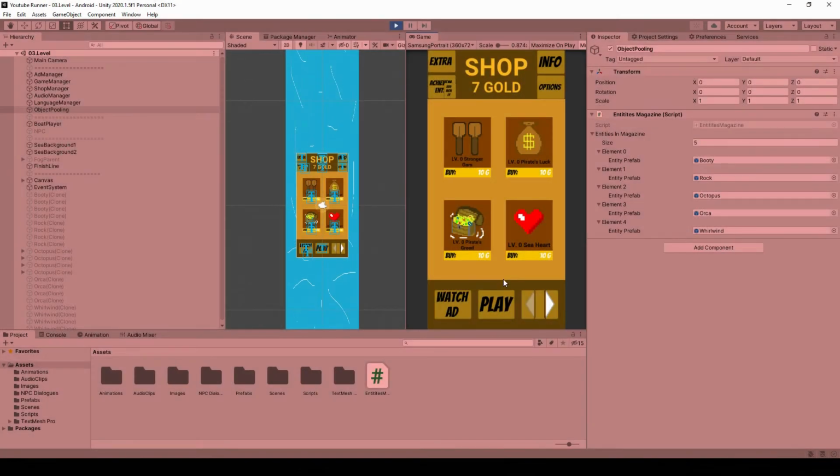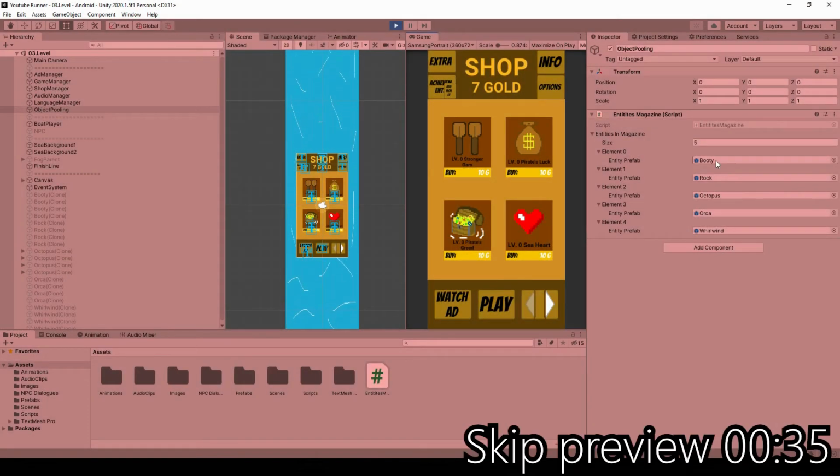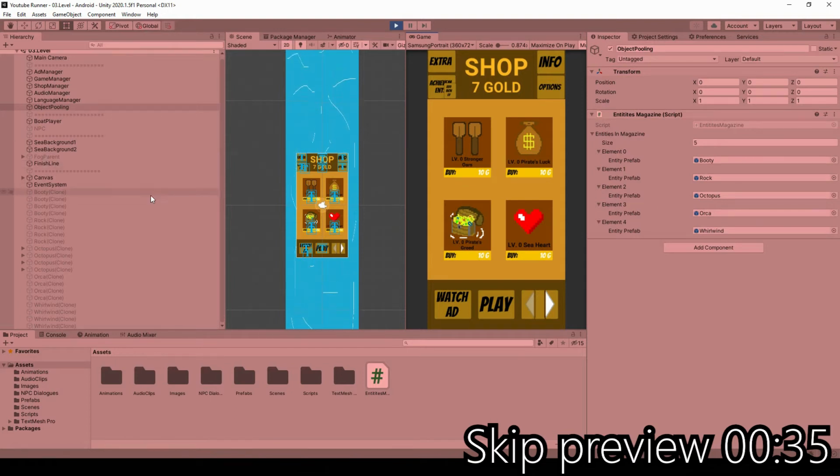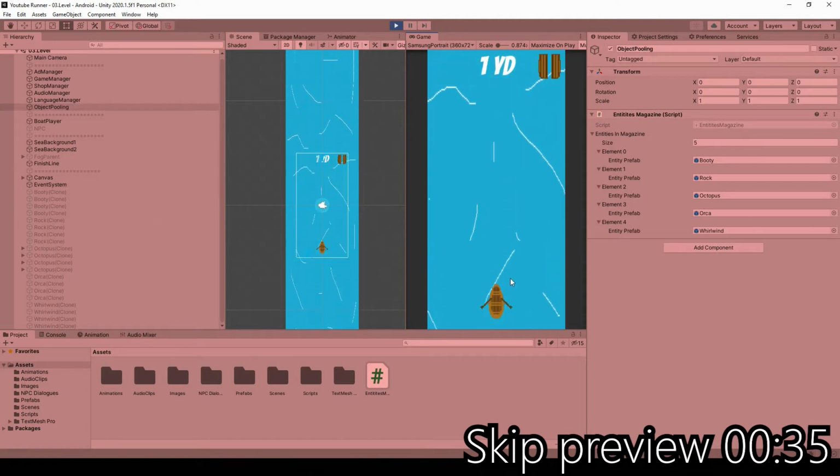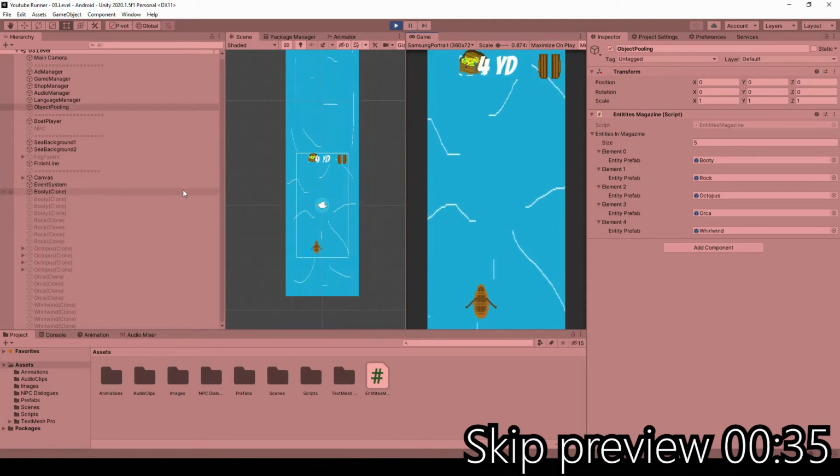Now let's go for a final test. You can see that we have all our entities here. We just put the prefabs, and by default we have all instantiated 4 copies of each. And now when we hit play, instead of instantiating a new entity, we just select one of those and set